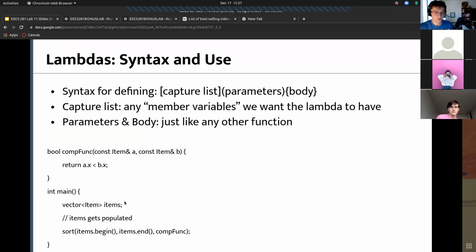So let's say we have our example, a vector of items. Let's say the items vector gets populated, and we call std sort on items begin, items end, and we pass in our comp func, which just takes in 2 items and returns x less than y. The problem here is not that this doesn't work, it's that we don't really want this comp func. We don't need it. We just want it defined inline here,